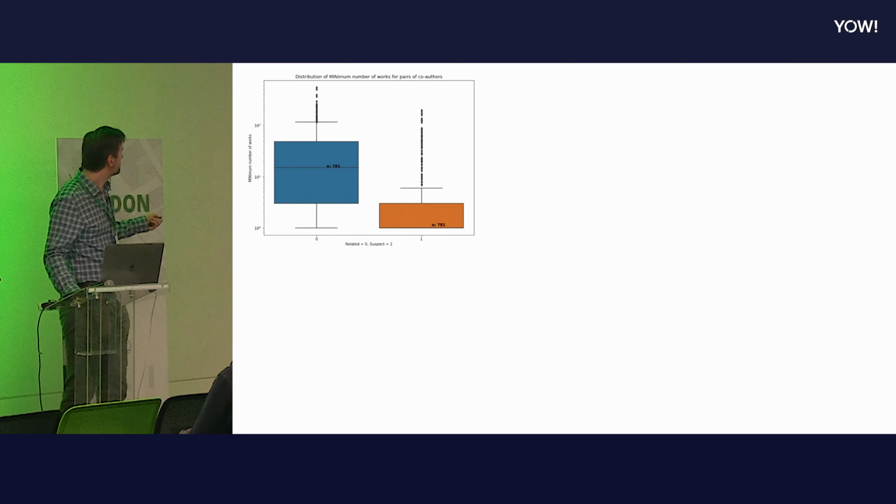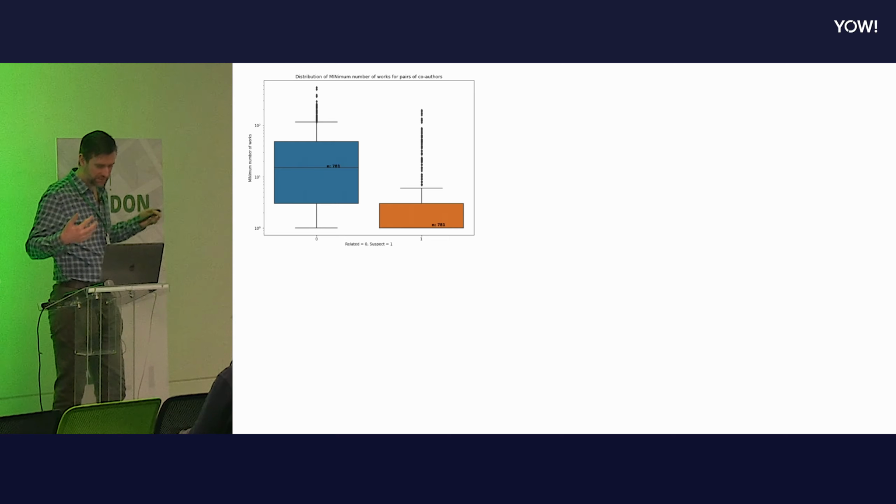And just to show you what we found, well, first of all, that min works figure, it turns out that usually there is a co-author in these dodgy co-authorships who has not published anything before, okay? And that's quite rare when we see people co-authoring with different institutions. Usually they're a bit more experienced by that point. This is quite nice because it gives people who work in peer review and editorial functions a simple rule that they can use.